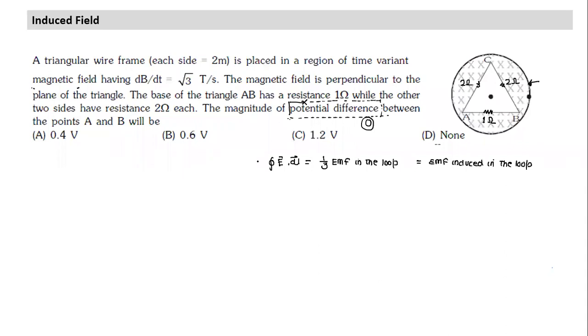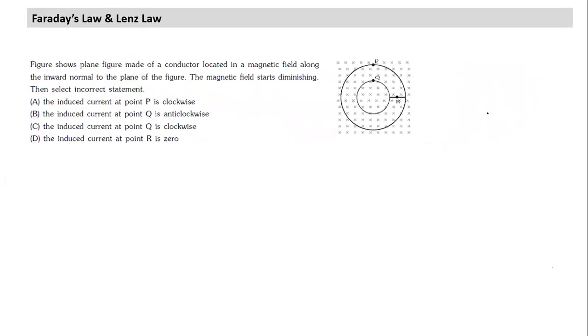And finally, all we need to understand, if you take any loop, E dot dl for that loop is nothing but equal to the EMF induced in that loop. And if symmetry exists, something like this, the E dot dl along one side will be equal to that along the other three sides. So E dot dl along one side will be equal to 1/3 of the EMF induced in the loop. Otherwise, I could also have calculated E dot dl by connecting the two ends and taking this loop, and this area becomes 1/3, same as before.